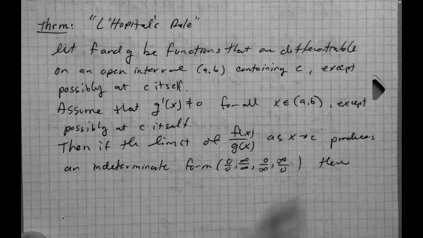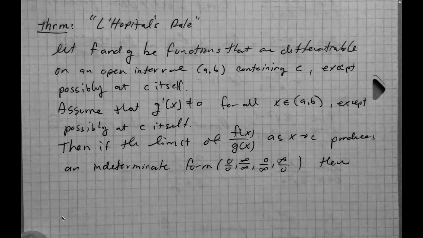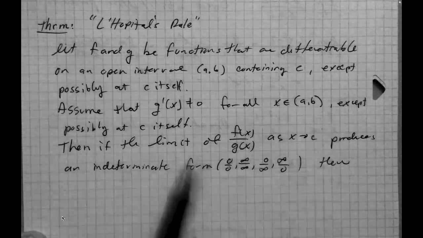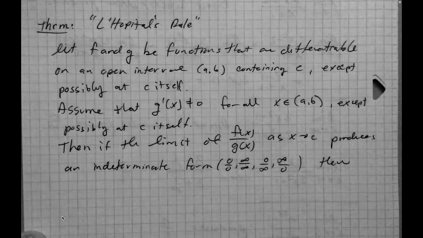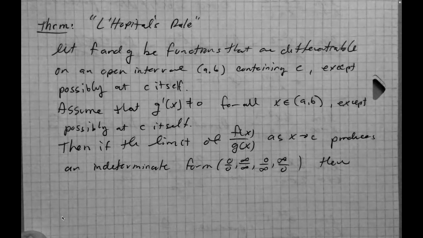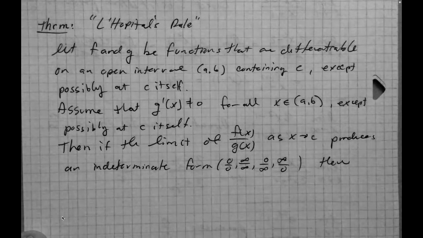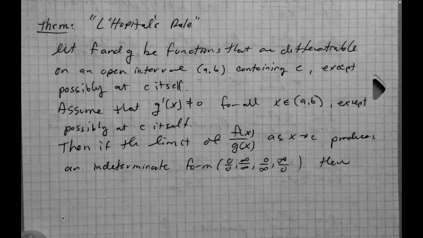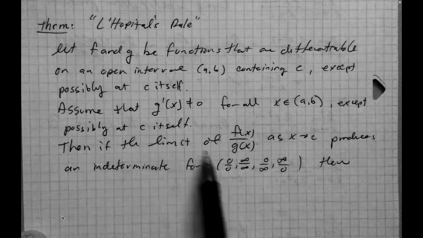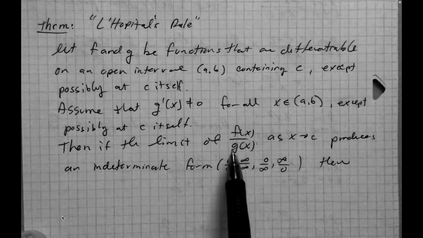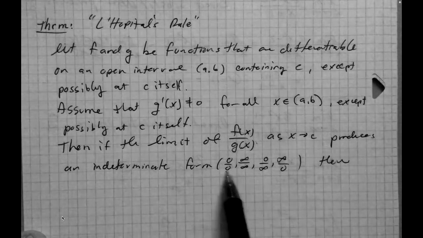Then here's the punchline, right? So before we say the punchline, let's make sure we understand this. So f and g are 2 functions differentiable on some interval AB, right? The derivative of g is non-zero on that entire interval. Naturally, that's because g is the denominator, right? Then if the limit of the ratio of f to g as x approaches C does produce an indeterminate form,